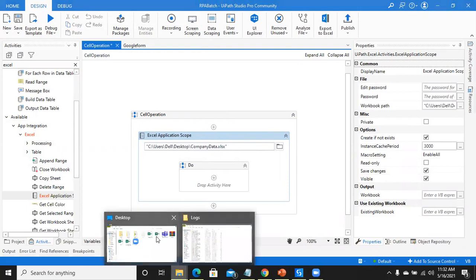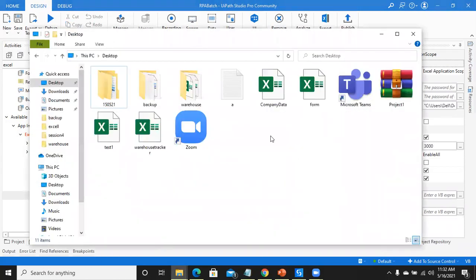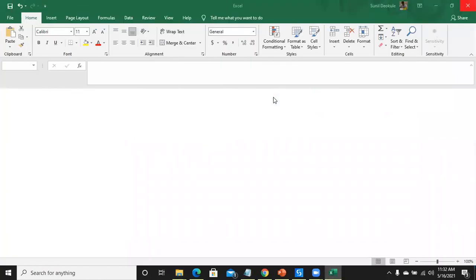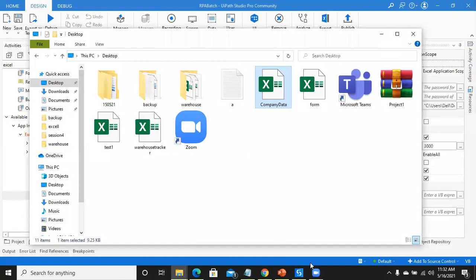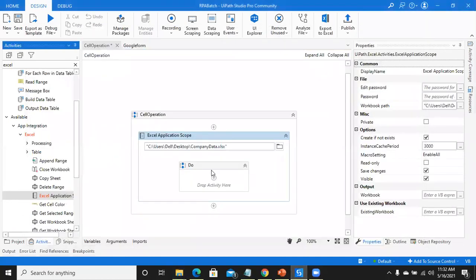I have already created the file. Most of the people are confused about which file they should give. Firstly, you need to create the file. You can see this is the file I have created. So I need to give the path of the file by directly giving the path in double quotes, or by indicating the path. You need to create this file initially, because until you create the file, you are not able to give the path. Now I think this activity is clear to all of you.